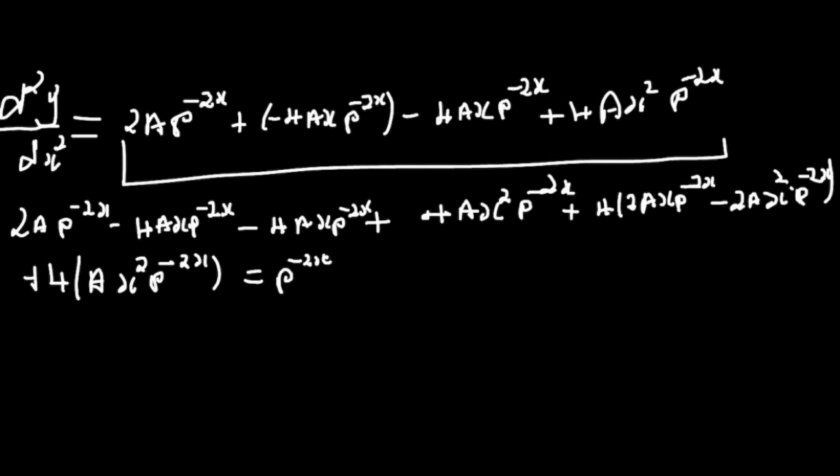So we see here that e to the minus 2x is common, so it's going to cancel out, and we're simply going to simplify our value. So e to the minus 2x is out. So now we have 2a. We're finished with this. Want to combine the terms. Minus 4